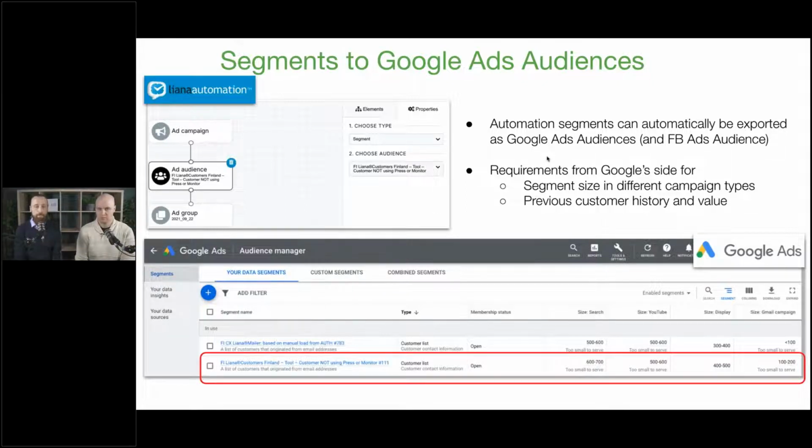It also depends on Google's ability to recognize, because basically we are sending emails to Google, and then Google needs to recognize those as their browser cookies, so that they can target those ads in their network.